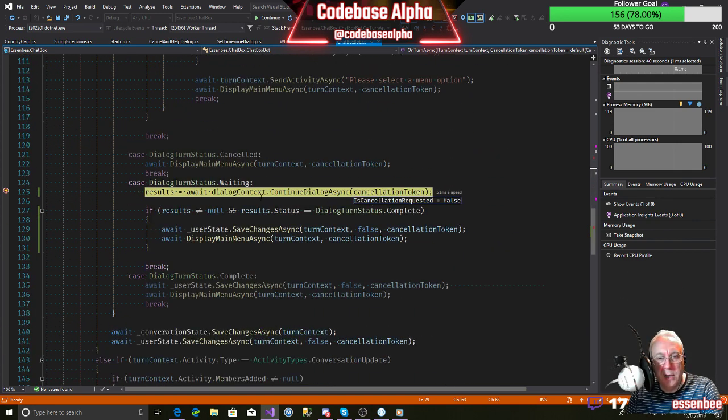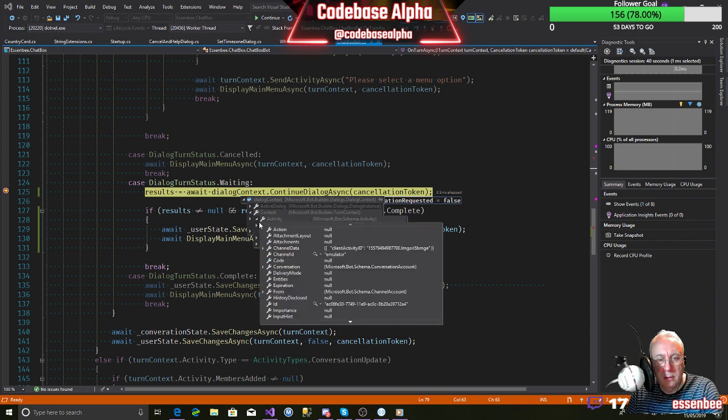So you can see that in the dialog context, activity, activity text, is it?